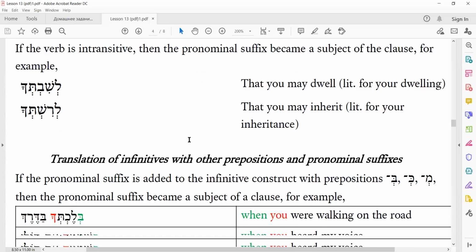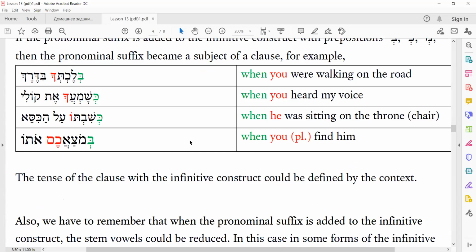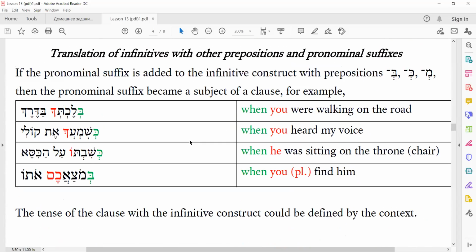Okay. So let us see how it works with other prepositions. If we have other prepositions, we need to translate the infinitive construct as a clause. And if it is the preposition bet or kaf, it is a temporal clause or time clause. We need to translate bet and kaf like when or while or something like this. For example,